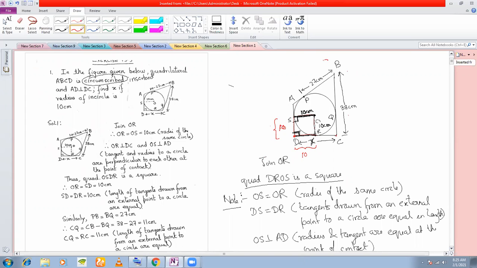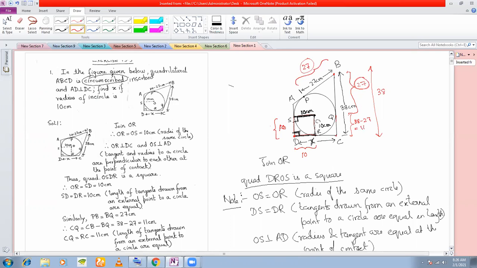Okay. So now this length from PB is also a tangent whose length is given to you as 27, which is the external point here is B. Also from B, they are drawing a tangent BQ whose length is this. So this is also 27, right? If this entire length is given to you as 38, and this length is 27, then how much is this length? 11 centimeters. 38 minus 27, which is 11.